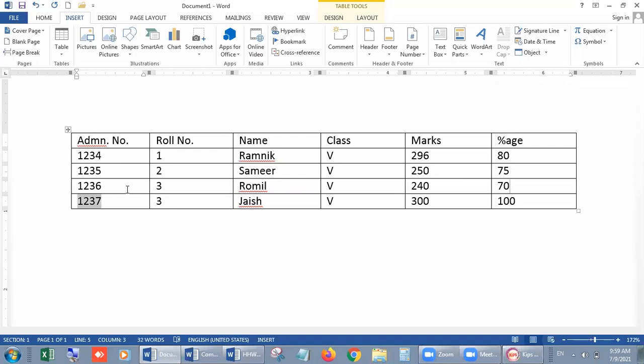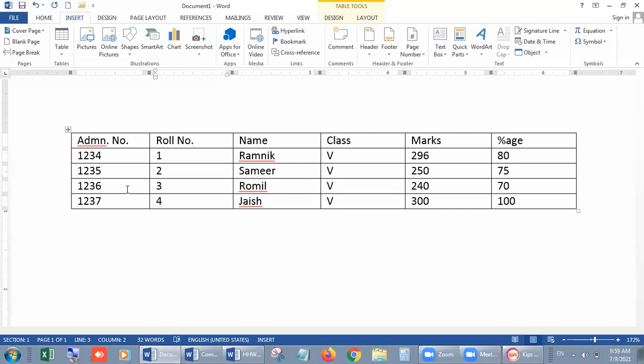Okay, and now tab. When you press tab, it will automatically select the next cell. In this way you can correct your data by inserting more records even after entering data or finalizing the table. Right, students? I hope you understand this concept.